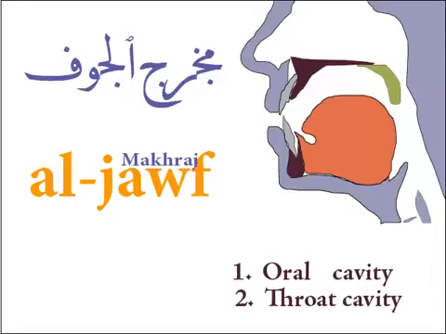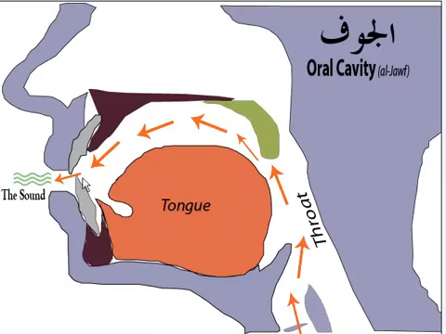Now in this makhraj, these letters are muqaddar. Muqaddar means they are estimated. They do not really have a point. These are the 3 letters which I'm going to mention, and the ulama mentioned, makhraj al-jawf, which represents the oral cavity and the throat cavity. Looking at this diagram of makhraj al-jawf,